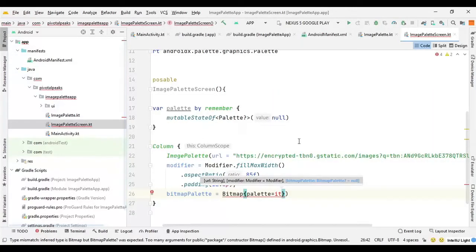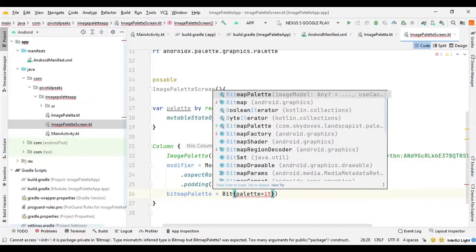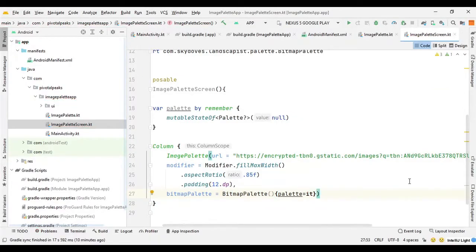Looks like we imported the wrong bitmap, so I'm going to just change it to bitmap palette, and we need to remove these small braces also.